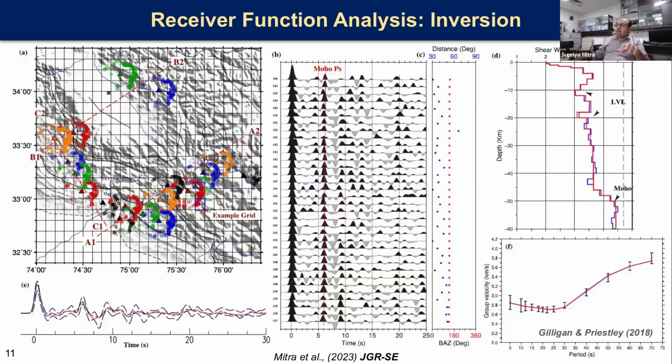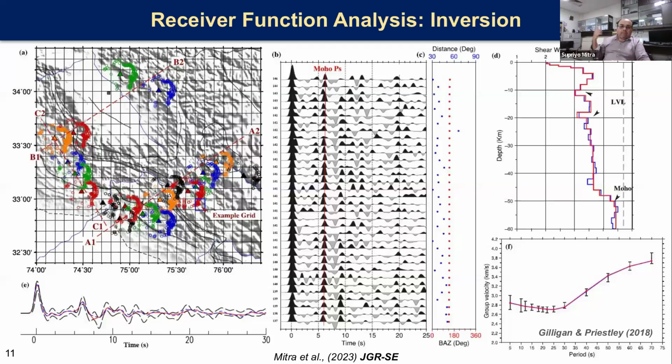We do this by first thinly parameterizing the velocity model. So what you see on the right top is a thinly parameterized velocity model in blue. So you have depth versus shear wave velocity. And then once we have a good fit to both the receiver function and the dispersion data, we try and coalesce layers which have similar velocities to form a thickly parameterized model, which is in red. And you can clearly see that both the red and the blue model fits the receiver function and the dispersion data equally well. So once you have done this, you have got a 1D structure underneath the example grid